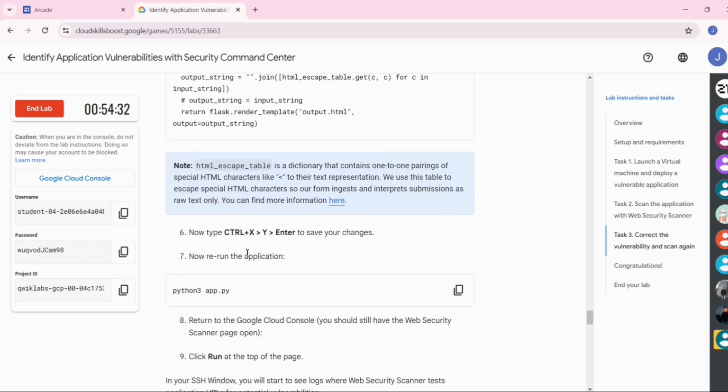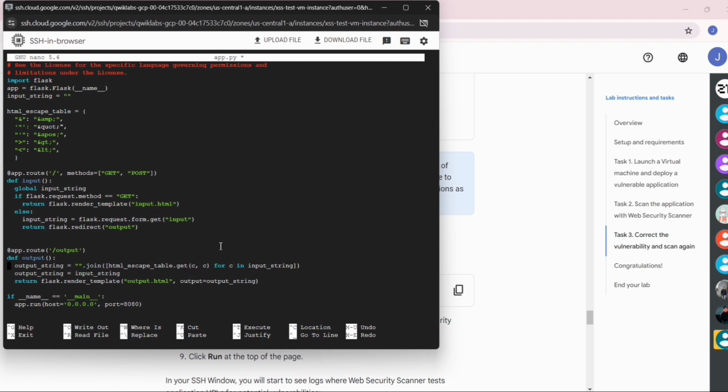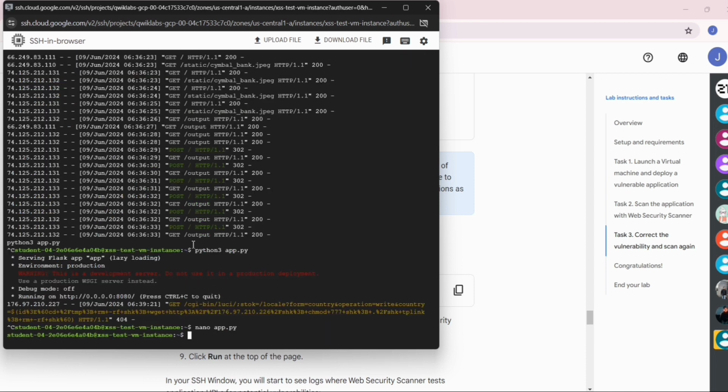Now go back to the SSH window. Just use Control plus X and then type Y and then press enter. So our changes have been saved.